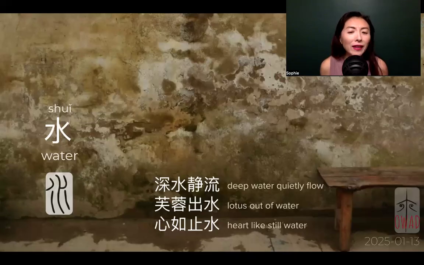So again, quietness and stillness here were encouraged. Like these are cultural value embeddings in our language. And you can see behavior wise, this already gives you advice on what you aim for. So instead of talking it out or going to therapy, right, which is a very Western thing, Chinese is promoting here 心如止水. After that big trauma, probably heartbreak or something, then you stay still emotionally, like still water.